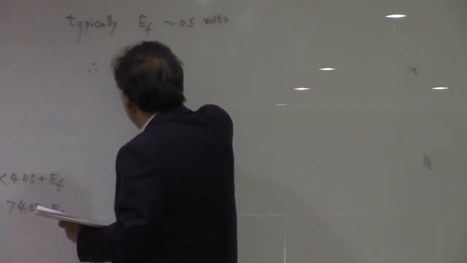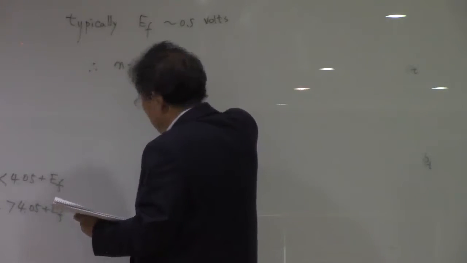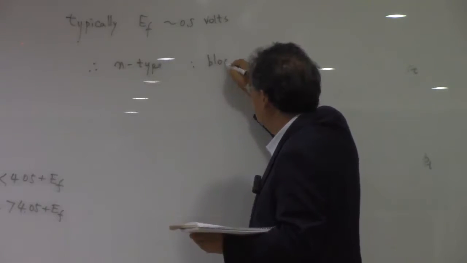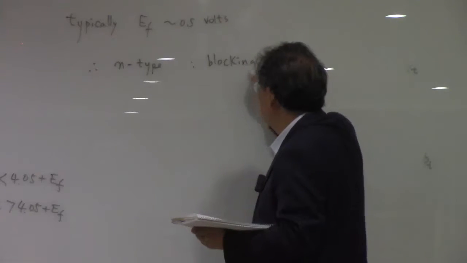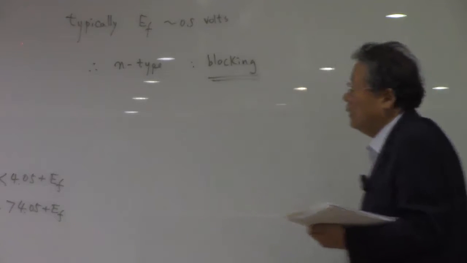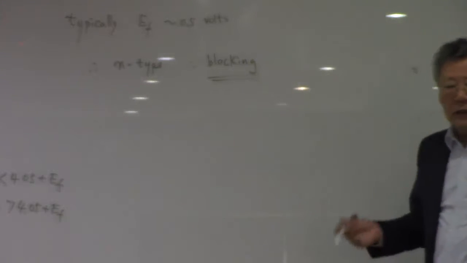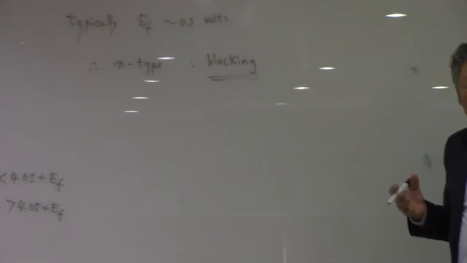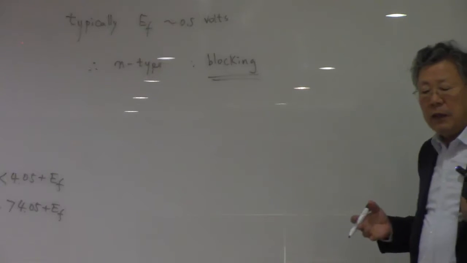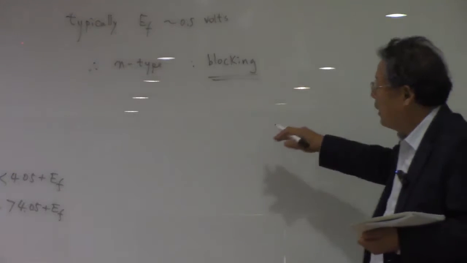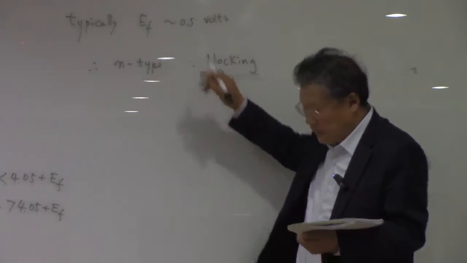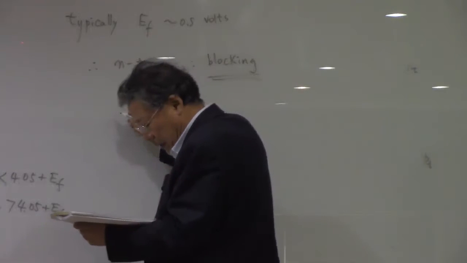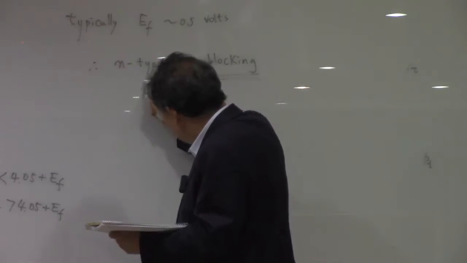So n-type case, it's blocking always. It's not ohmic contact. You cannot obtain ohmic contact if you use aluminum as a metal on the n-type silicon, because of this. Now, in a blocking contact,